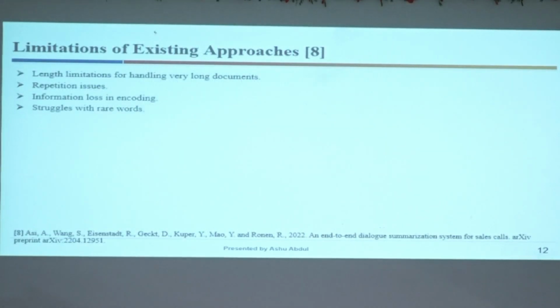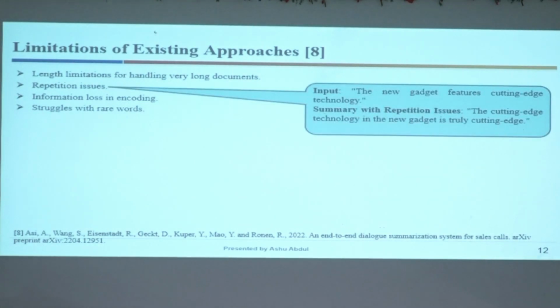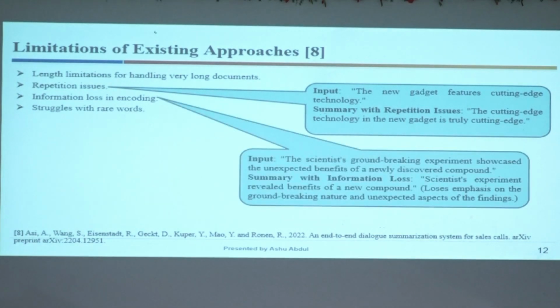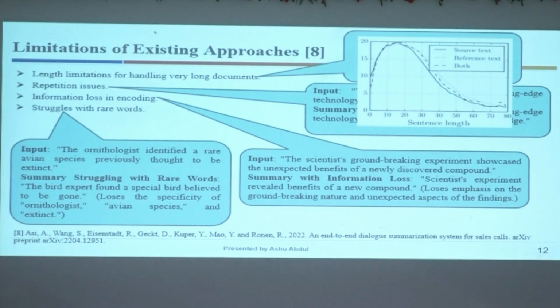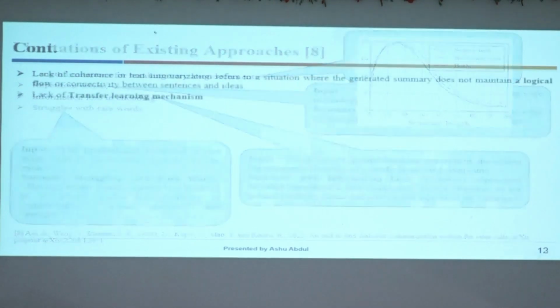Now, the problems with the existing approaches are listed over here. First, the length of the document and the length of the summary are not consistent. Next, there are redundancy issues. Next, there is information loss when you are encoding. If there are out-of-vocabulary words, as I have told you, there is an issue with how to handle them. Apart from that, when the length of the sentence increases, you can see in the graph that the accuracy is also reduced. So these are the four